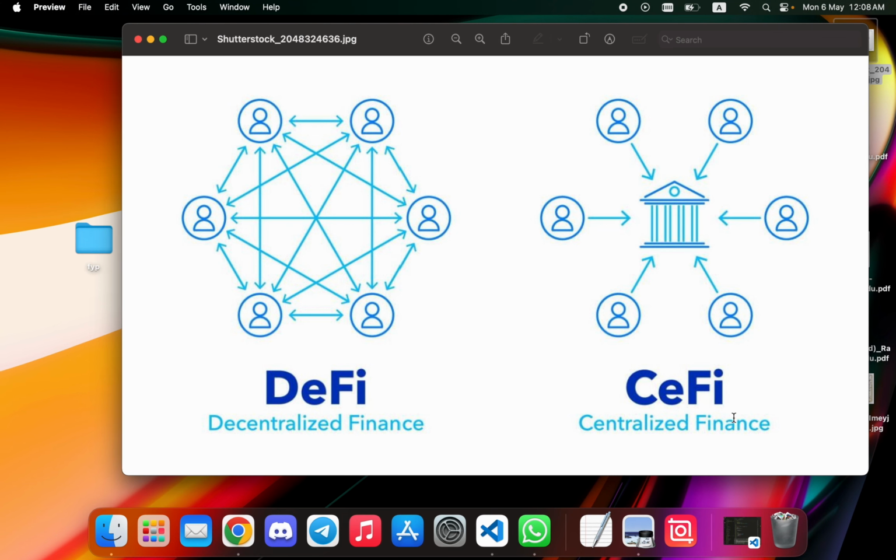Here's centralized finance. Here's the bank. It is a centralized authority where the bank has full access and power over the user information and user funds. If this user wants to withdraw his or her funds, he first must ask the bank, and keep in mind, he cannot withdraw all of his funds.